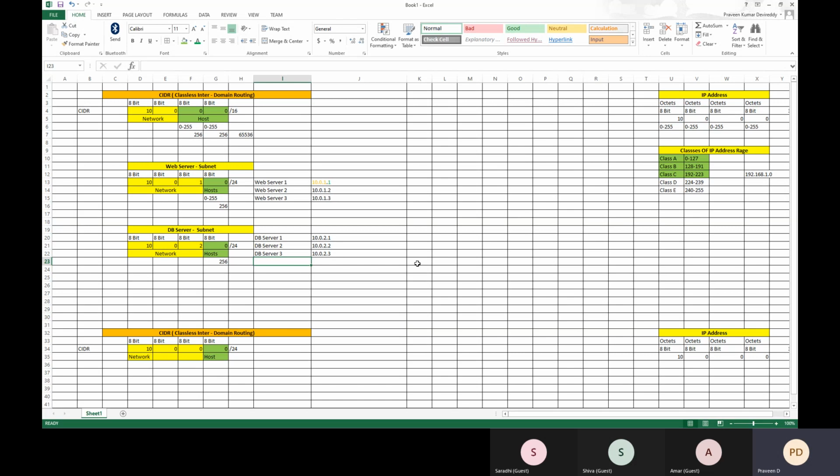So this is how we give the CIDR notation and the IP address configuration in the virtual network.